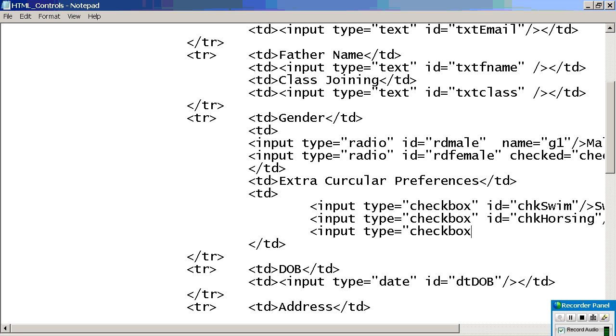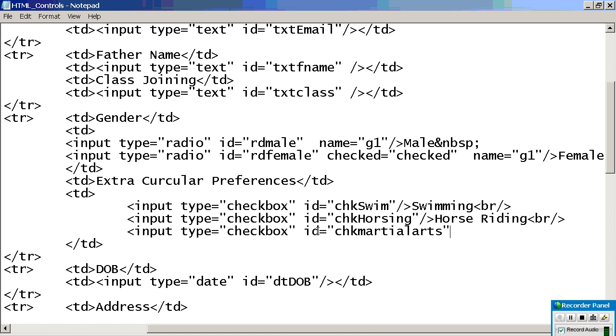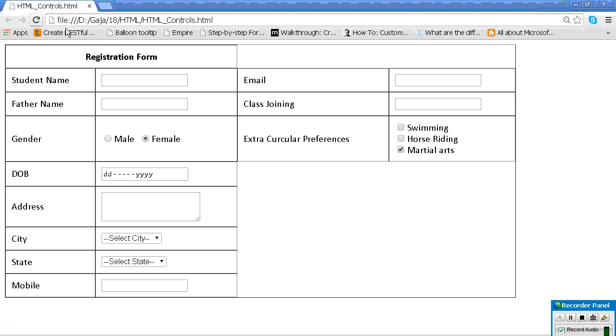If you want all people to learn martial art, then automatically by default it should be fixed, right? Then what is the option now? Fixed equal to fixed. Like a radio button only. By default I want it to be checked. Later also, if you want to check. You understand? Okay. Next.